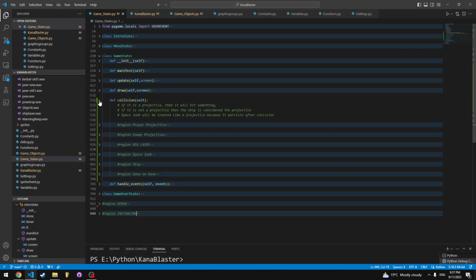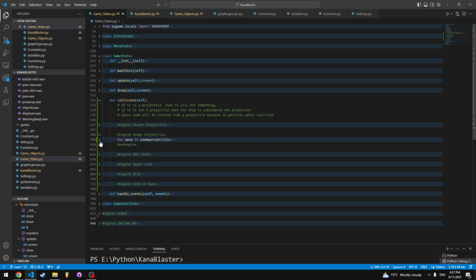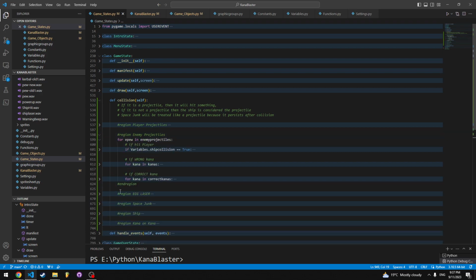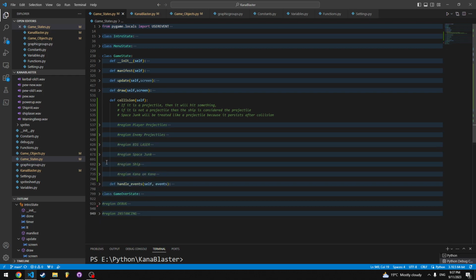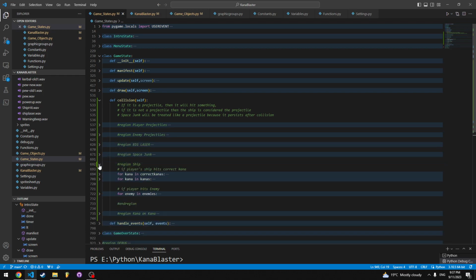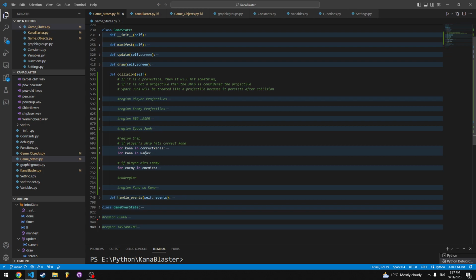I'll show you what I've got here. The enemy projectiles will shoot the ship. But sometimes I've got things that aren't projectiles that the ship might collide with. So therefore, the ship becomes the projectile in that case. And